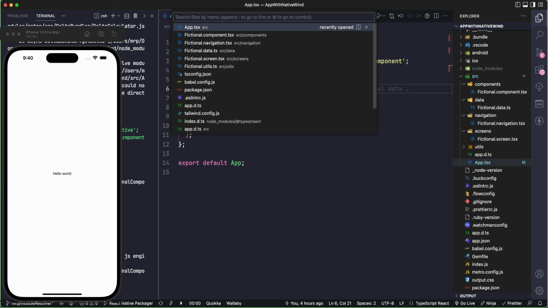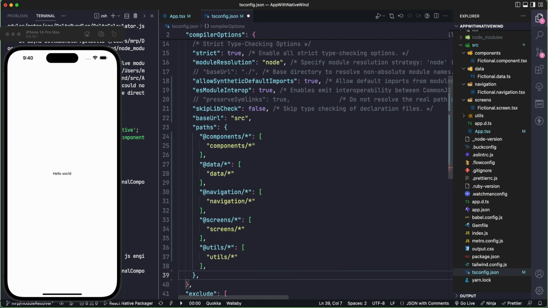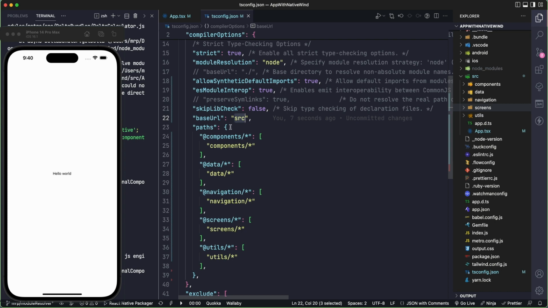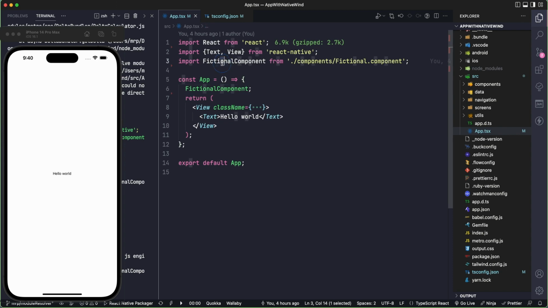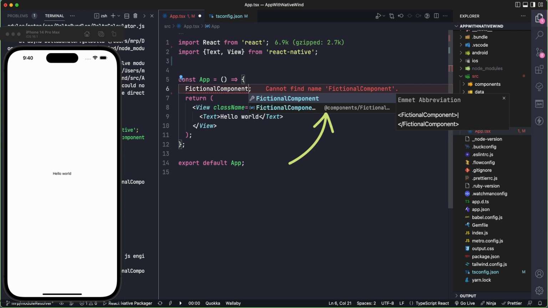Now let's go to the tsconfig file. On tsconfig we can do this. You can see the base URL is source. As all of the files are in the source directory, I have put base URL as src, and I have mapped these components. So when there is a string with at the rate of components, it will just translate it with this string. So right now, if I delete this and again try to import it, you can see